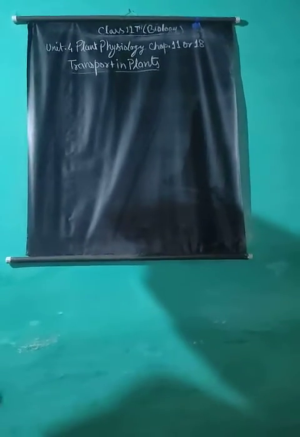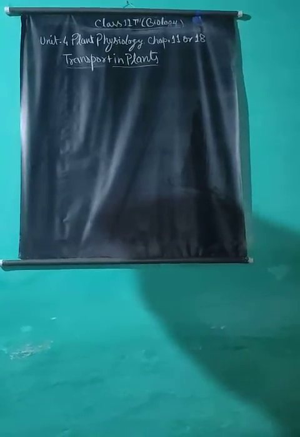In plants, various substances like water, minerals, gases, photosynthetic products, organic solutes and hormones move from one place to another, not only over shorter distances but also over long distances, as from the root hair to the top of the plant to the leaves, and organic solutes produced in the leaves to the root tips.